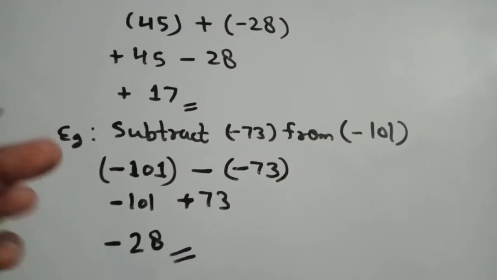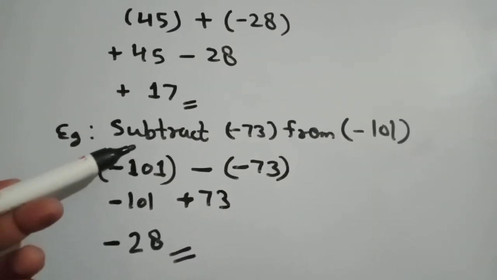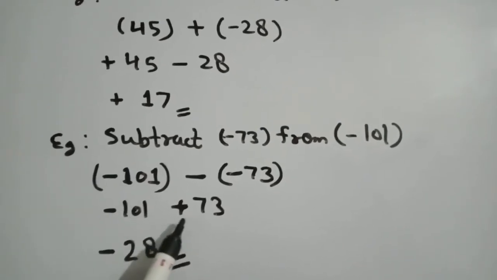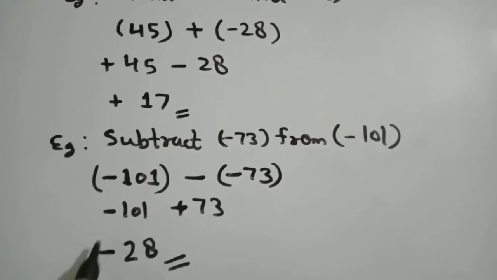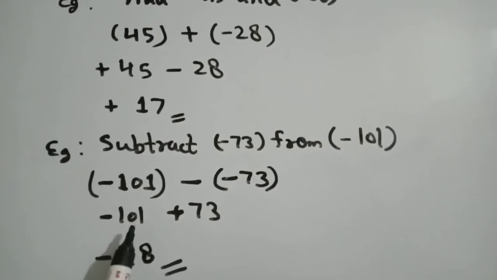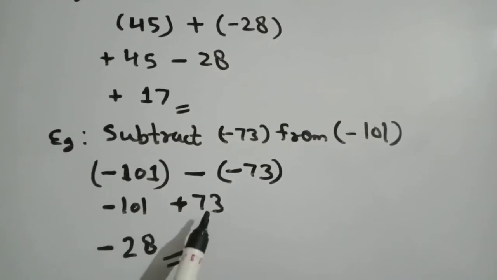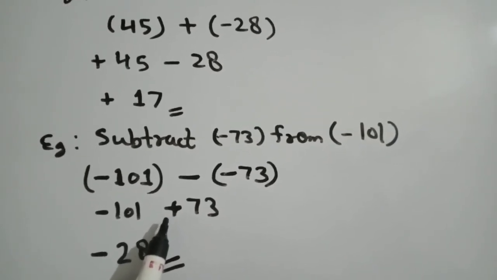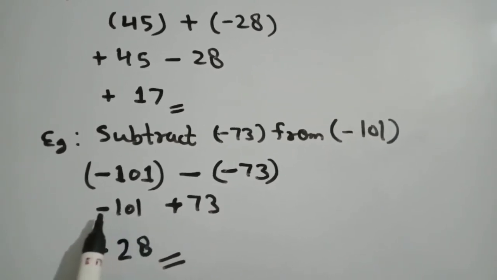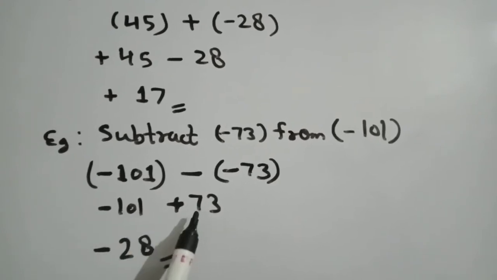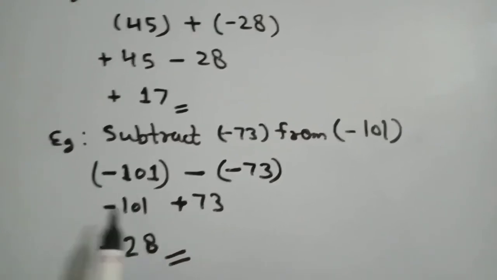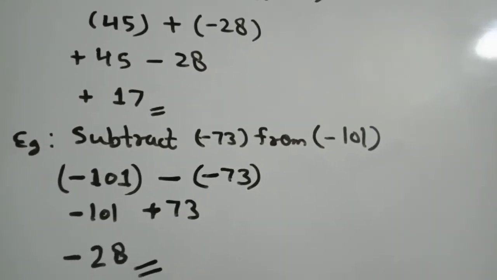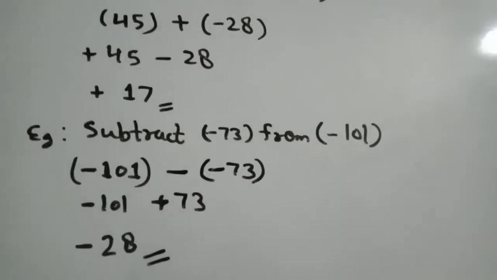Here is an error which is made by students. Without looking at the sign, they note down minus and add these two integers by looking at the positive sign. You must know the procedure. When opposite signed integers are seen, there will be a subtraction and the sign of the greater number. So student, I hope you understand the addition and subtraction.